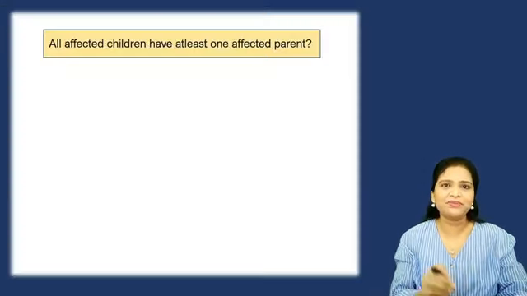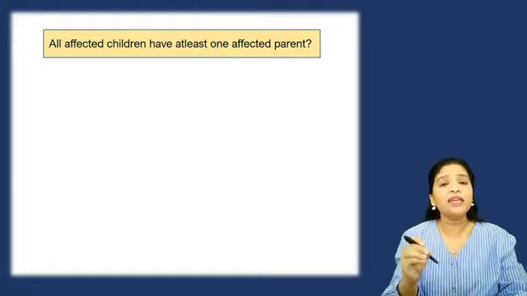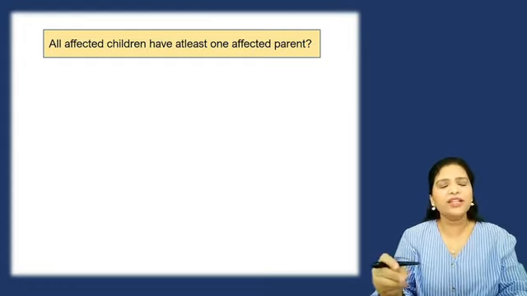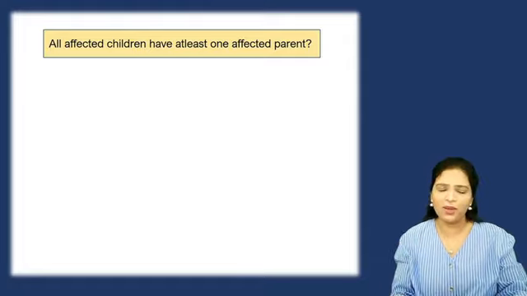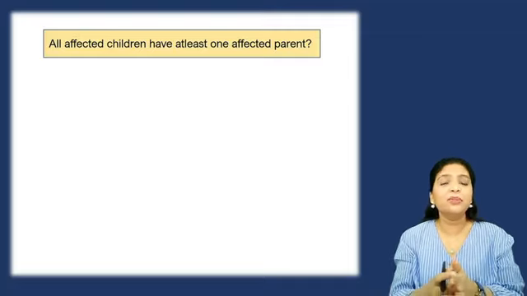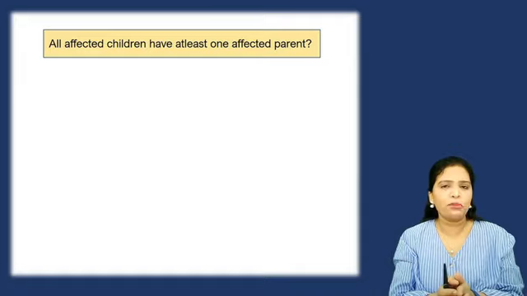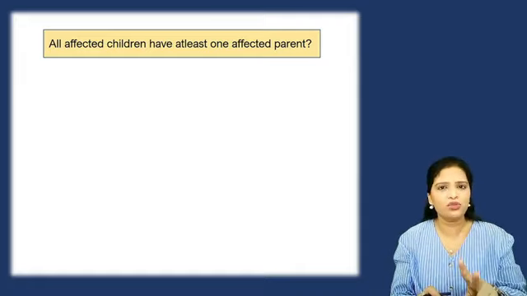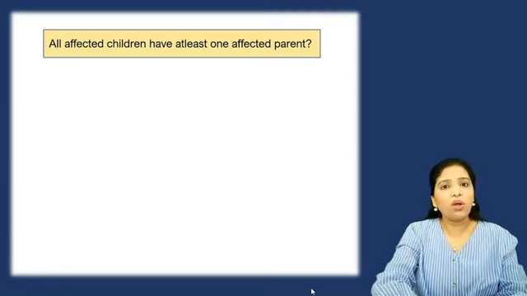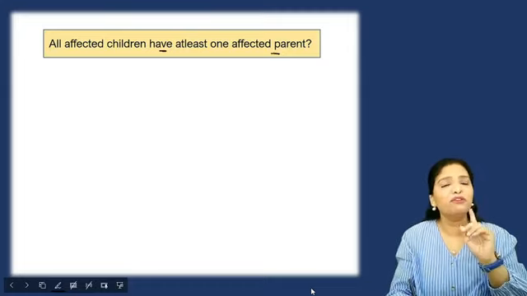See, if you are given a pedigree chart in the examination, you will be asked to identify the type of inheritance pattern for the given pedigree chart. This will be your question. So instead of thinking about the long key points and other terminologies, here we are going to apply a small formula. In this formula, we have just 2 questions to be asked by looking at the chart. Your first question will be, do all the affected children have at least one affected parent?